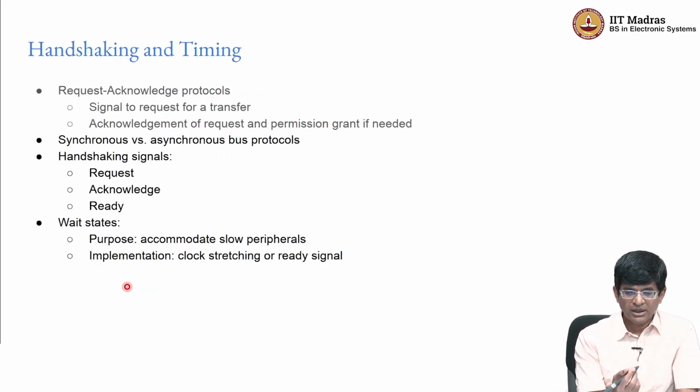Right? Now we also have, as part of this, the notion of something called handshaking. Handshaking basically takes this idea of reading and writing to the next level. Rather than just saying the CPU puts out an address and waits for data, the CPU puts out an address, and in the next clock cycle it assumes that the data is already present. It can be made to actually wait, meaning that if the data is not yet present, the bus can tell the CPU, wait.